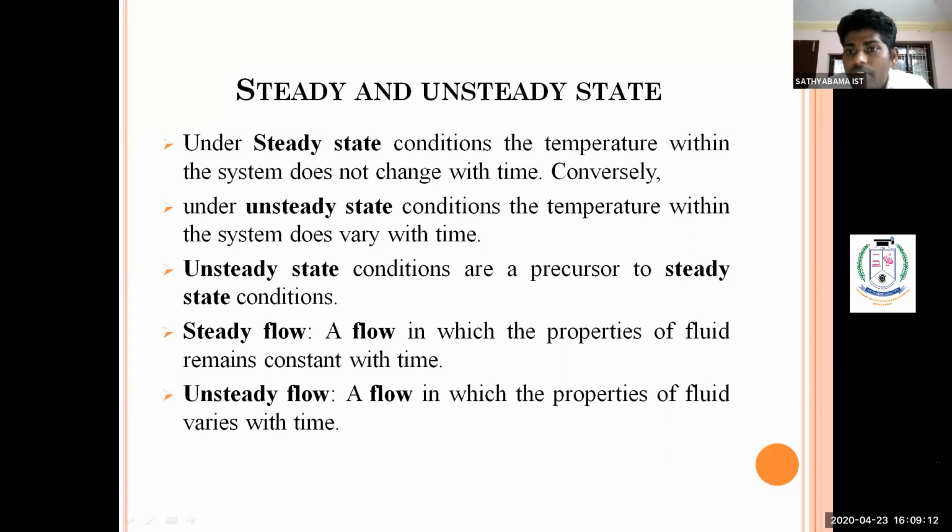For example, if I have a house, this home has a temperature of 20 degrees Celsius, and the outside atmosphere has a temperature of 31 degrees Celsius. At 10 o'clock, I am measuring this temperature: my home has a temperature of 20 degrees Celsius, and the atmosphere has 30 degrees Celsius.